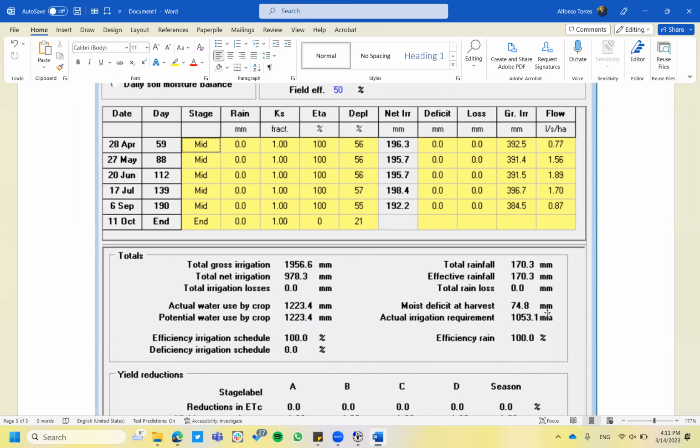Okay, and as we know how to set it up, then we can run different scenarios. Okay, that's it all for today. I hope you like it, and I'll see